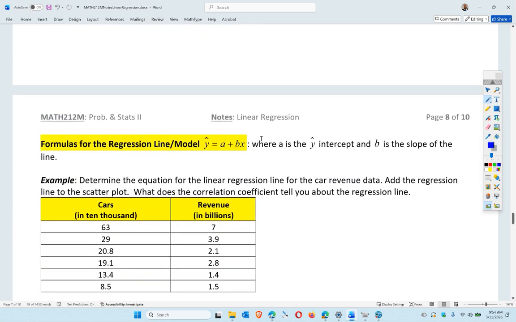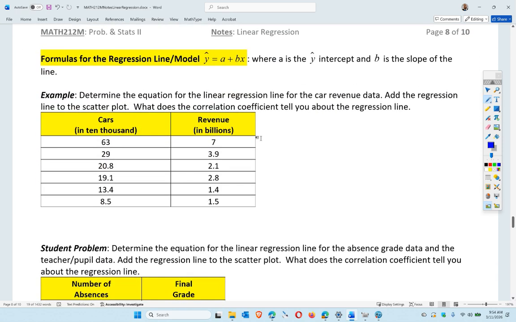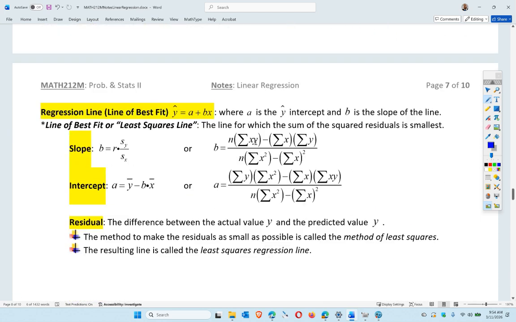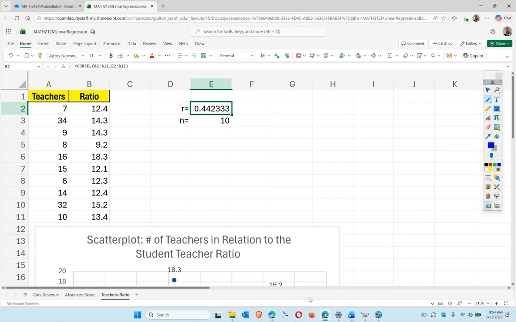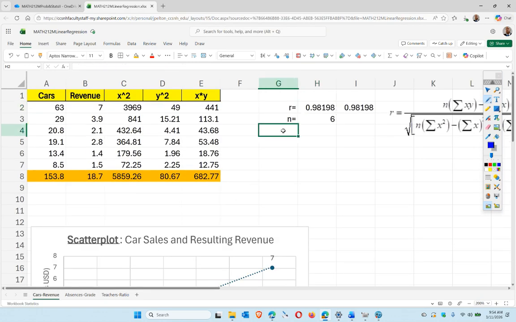Okay. So for the 3 data sets we have in this section, I want to find the linear regression line, right? And then explain what the correlation coefficient is telling me about that linear regression line, basically. Okay, so we're going to go back here. Let's go to the spreadsheet first, actually. Right there. Okay, so I'm going to go to the car revenue, and I'm going to do